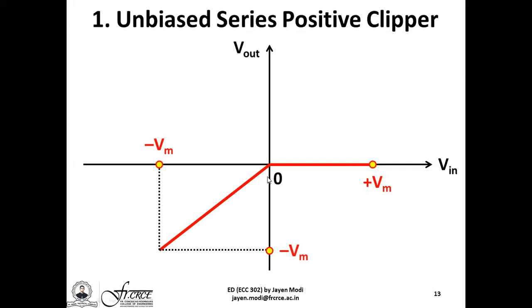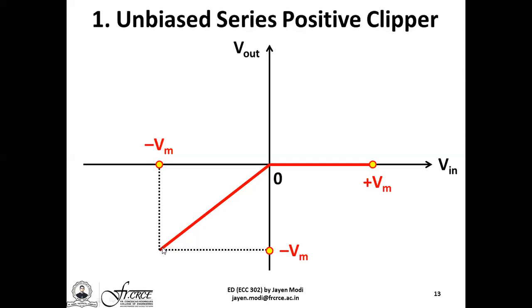Reason being that when the input signal is negative, the output obtained was also negative. So even though the input signal Vin goes to its maximum negative peak of the value minus Vm, during that same particular instant, the output signal will also go to its negative peak value of minus Vm. Now this point is minus Vm, this point is minus Vm. It's very easy to guess the slope of this curve or the slope of this particular straight line.